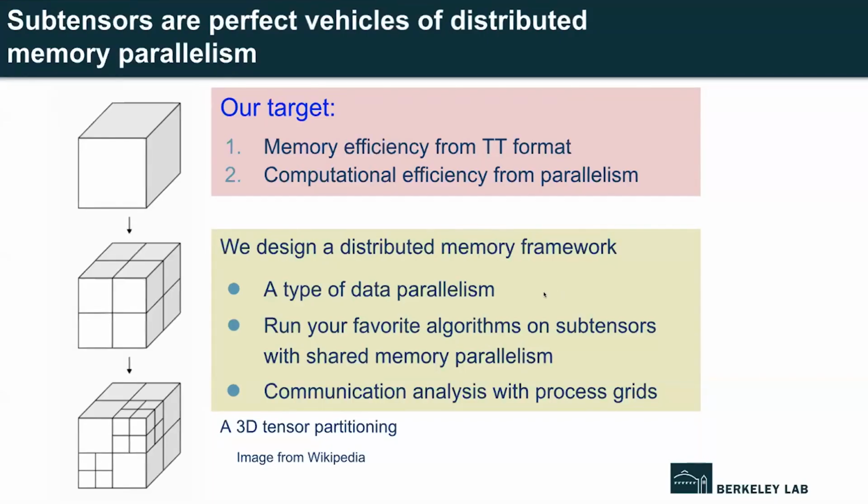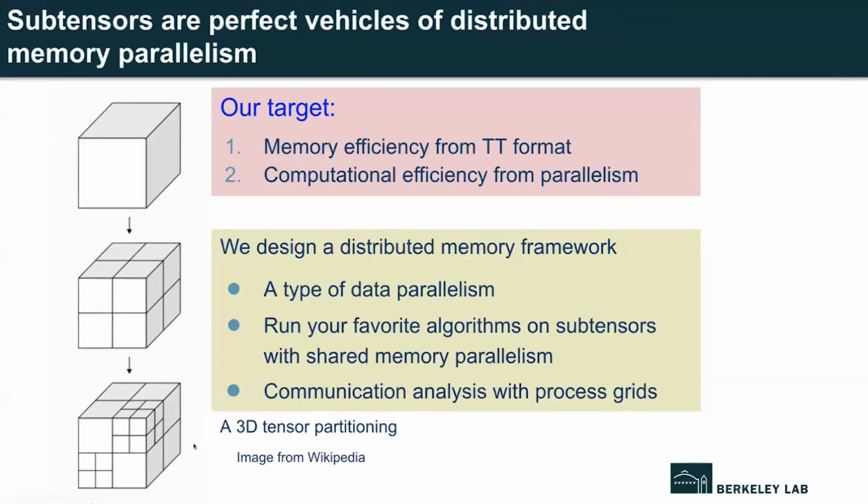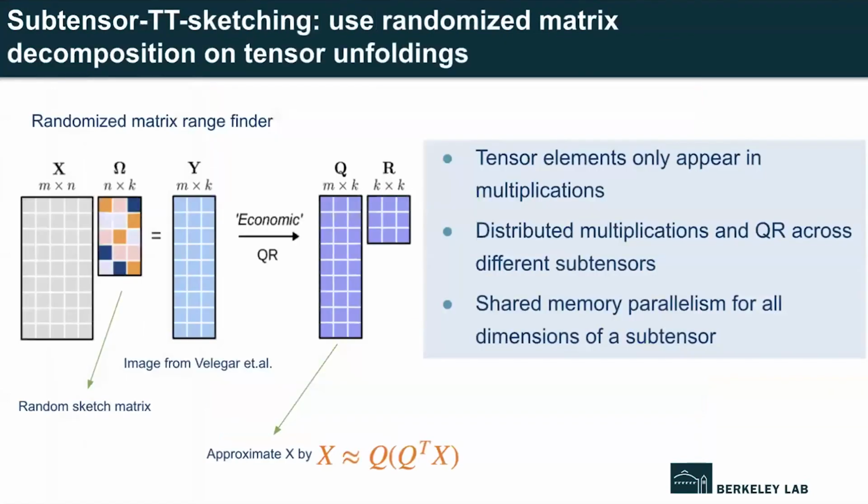So on the left, you can see one way that we can partition the 3D tensor into several pieces. The reason we use this regular partitioning is that it's easier for us to do communication analysis with this type of process grid. I'm going to briefly talk about two algorithms that can fit into this distributed parallel layout. The first is called subtensor tensor train sketching,